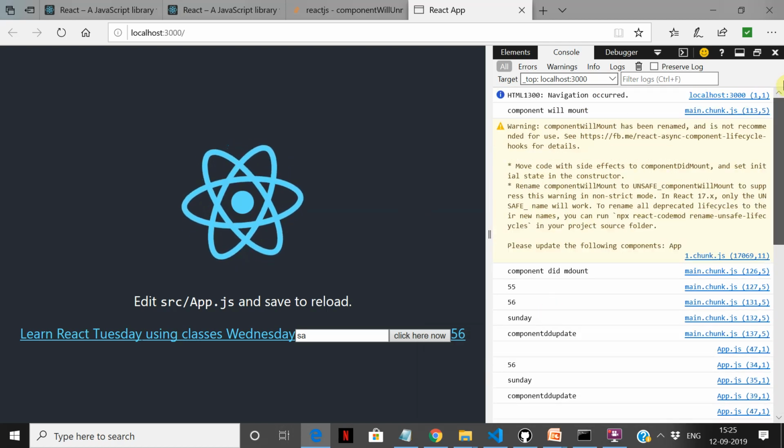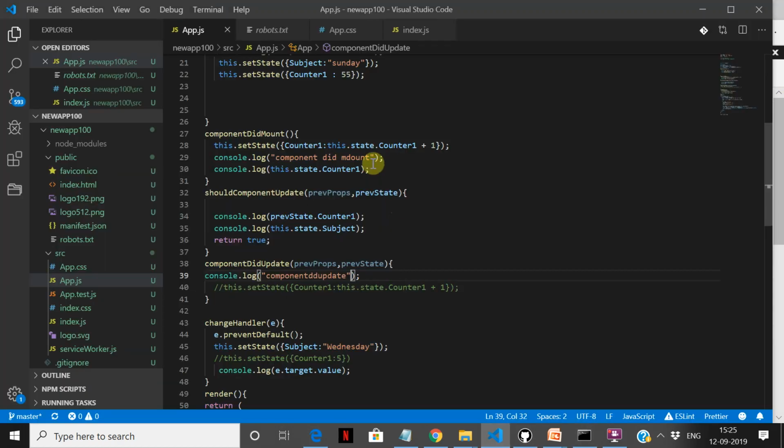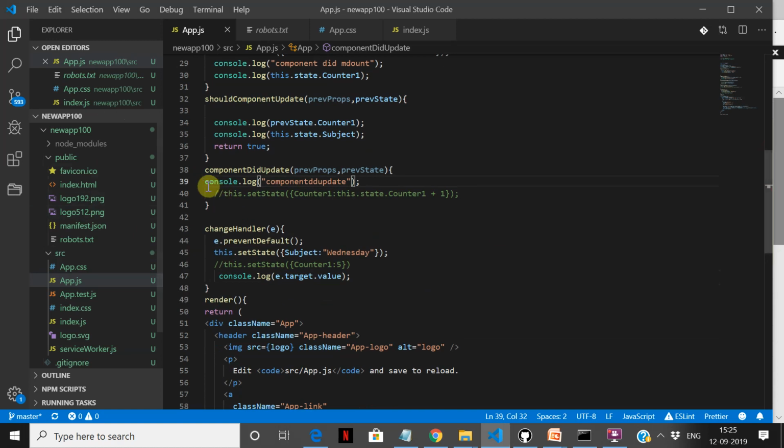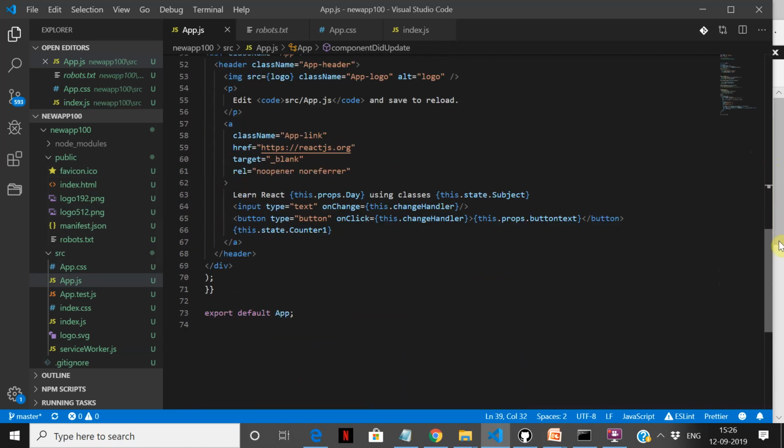Then the counter will not get incremented. Initially what has happened is during willMount and didMount events, we initialize the values, it runs once, and then later on, depending on your shouldComponentUpdate, any state or prop changes, these will start firing. componentDidUpdate, componentWillUpdate. So these are the broad lifecycle events that you will be using 95% of the time.